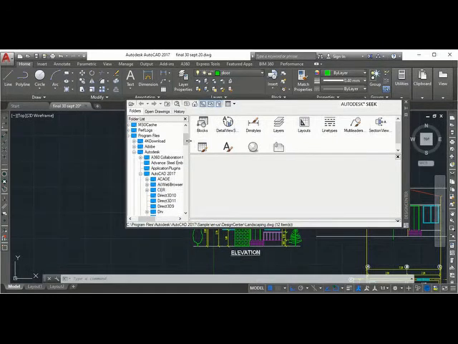Under that, sample. Under the sample, EN-US, you can see here, English US or something like that. Under sample, EN-US. Under that, design center.